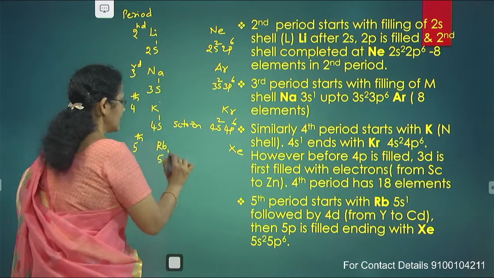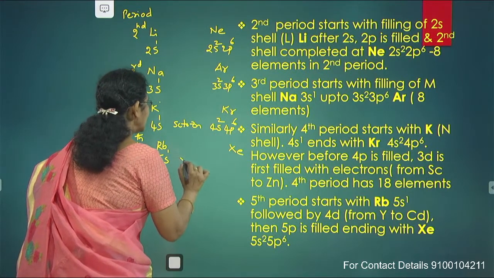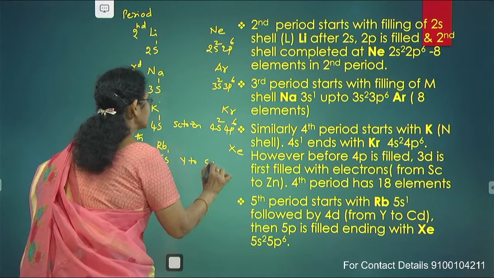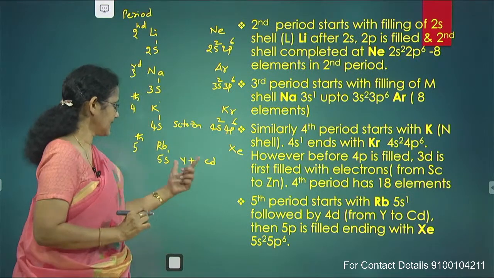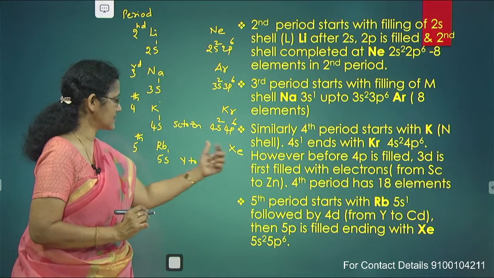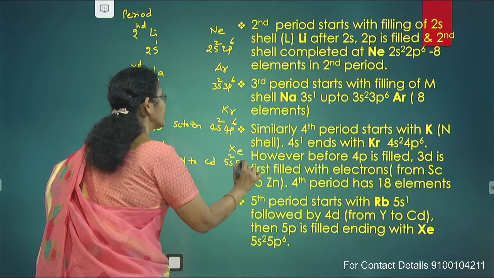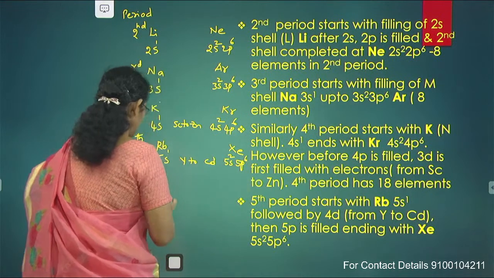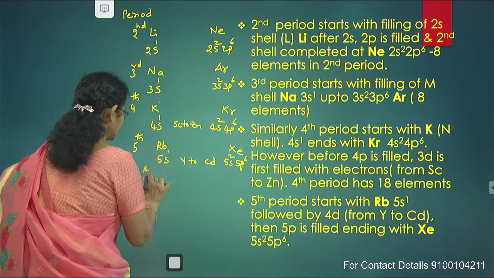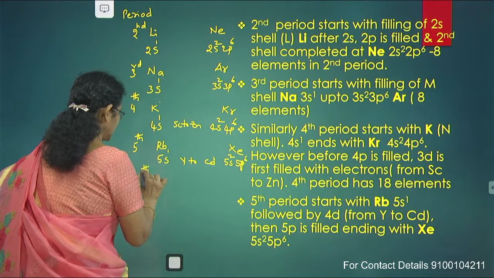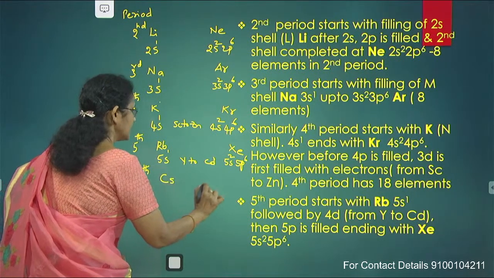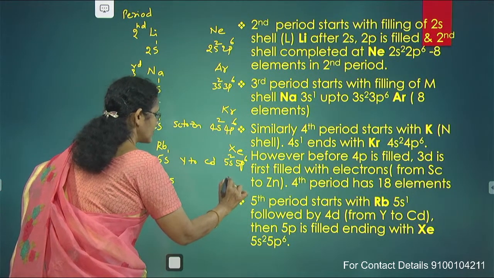So, the 4d level is filled, meaning yttrium to cadmium. Like that, 10 elements are here, then xenon 5s2, 5p6. Next, the sixth period, cesium to radon,